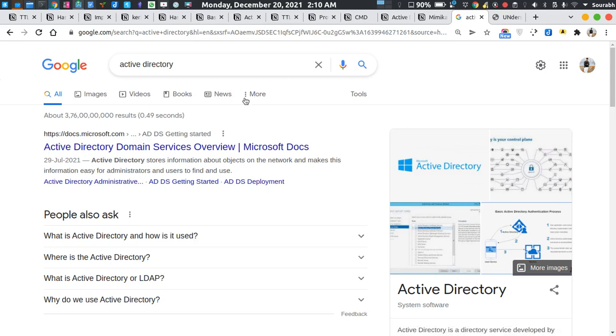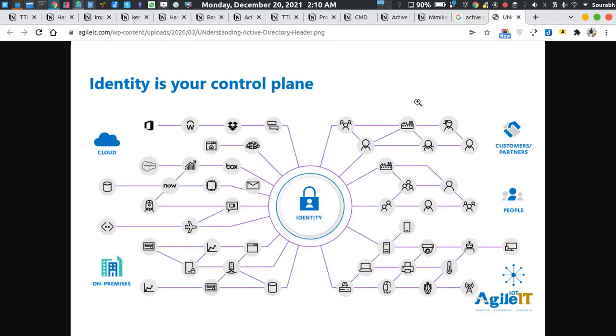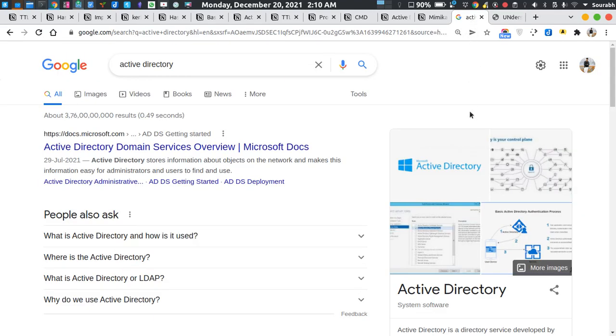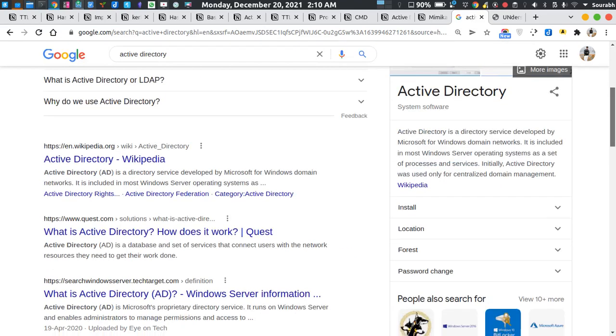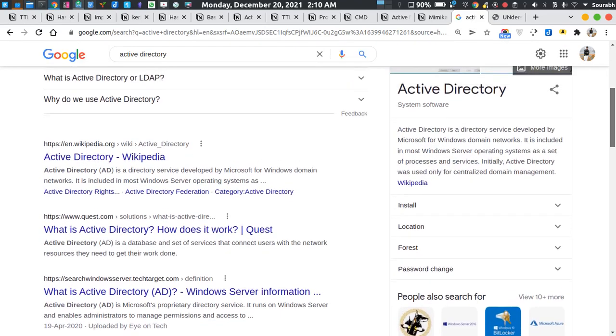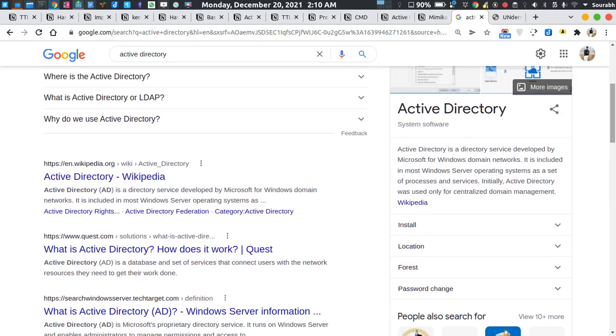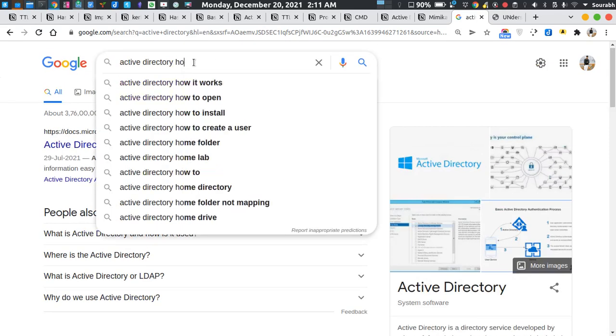Okay, so one more thing is that Active Directory actually works on this infrastructure. It means that identity, and all the different kinds of clients and structures, are allocated by this method. So in Active Directory, I told you how to find out about it, and there's one thing, how to install it. Generally Active Directory is installed by default in Windows Server, but you can install it by using add services. Let me show how to install.